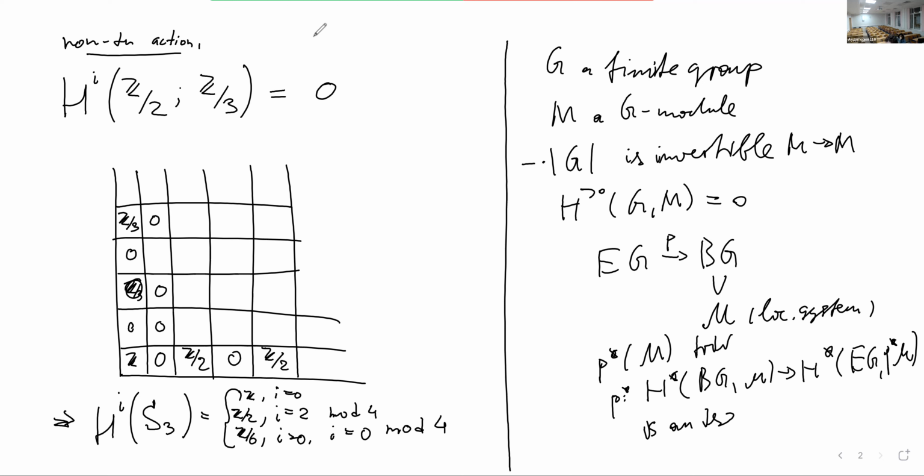Let's see. Well, to prove it's an isomorphism, I want to construct an inverse, and the inverse is